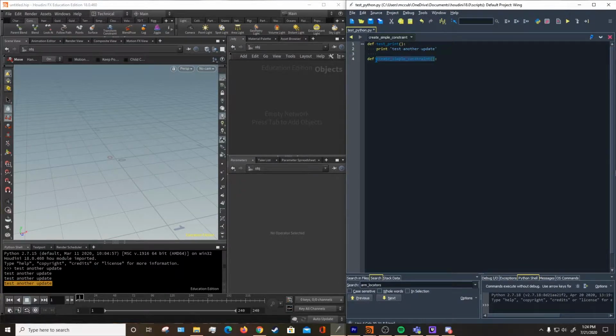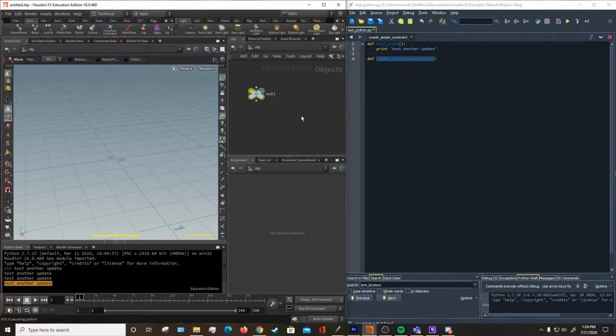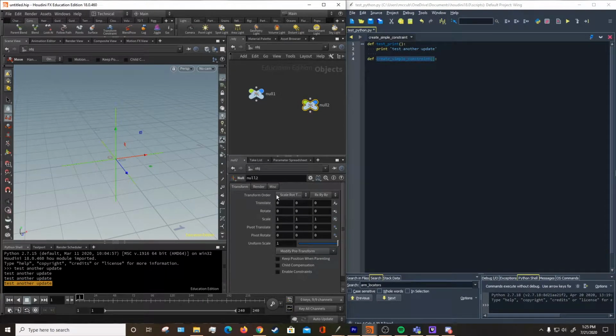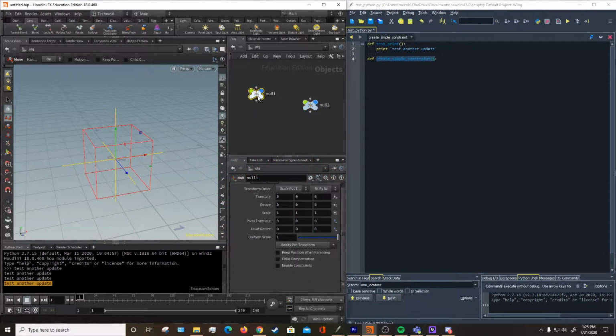Now before we start writing this function, we need to understand what we're trying to do in this function. And the way I figure that out is by doing it in Houdini first. The practicality of a constraint is that you can move one object, like a null, with a different object without them being parented. This is helpful for when you're trying to move a bone or any other kind of automation in rigs. So when we move null1, we want null2 to move with it without needing them to be parented. And we can do that with our constraints